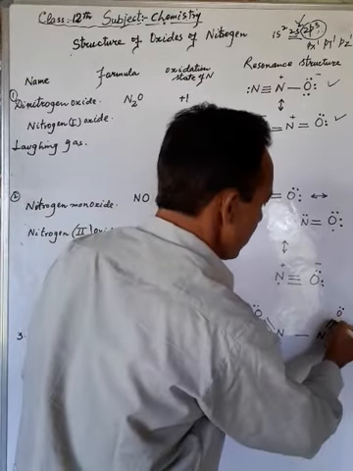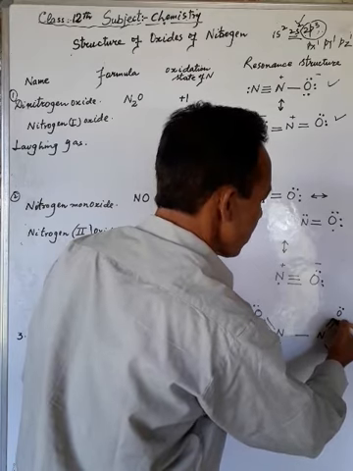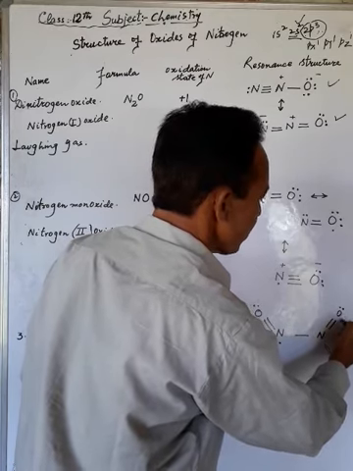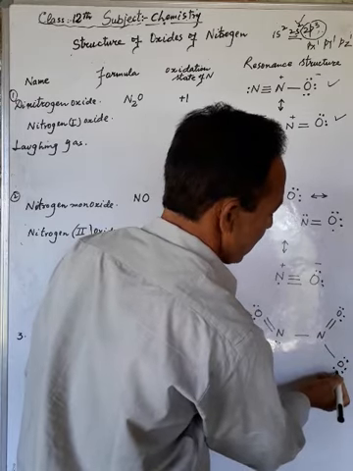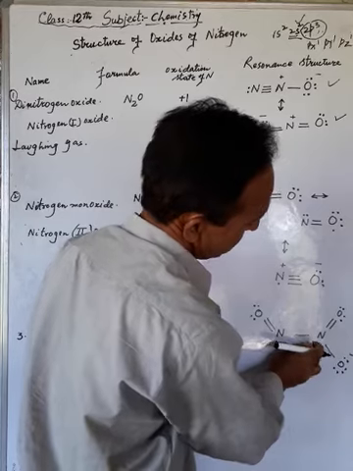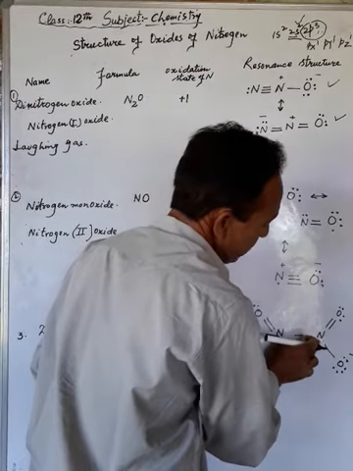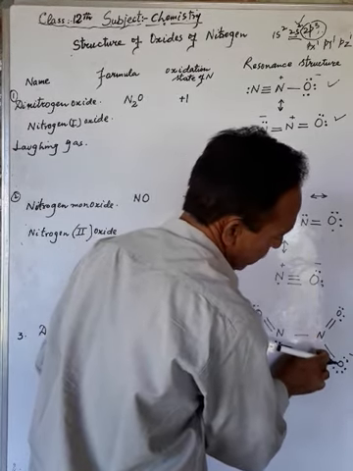Similarly we have 2, 4, एक बॉन्ड 2 इलेक्ट्रॉन का है, 2, 4, 6, 8, 2, 4, 6, 8. This is the bond which is the lone pair of electrons of this nitrogen,